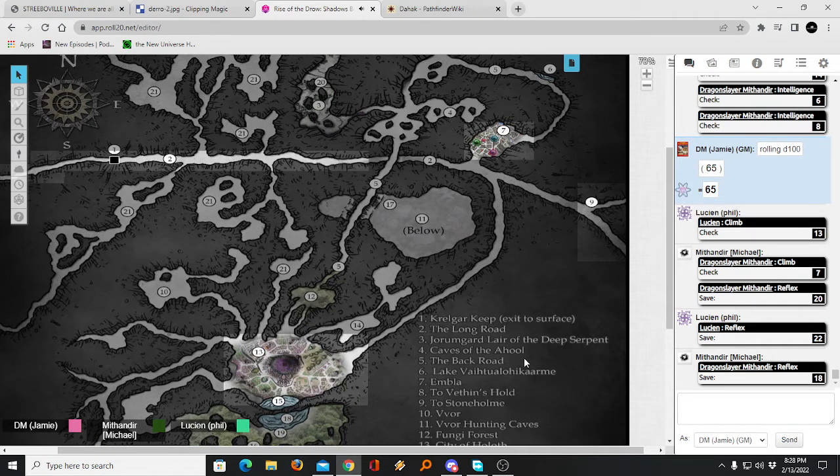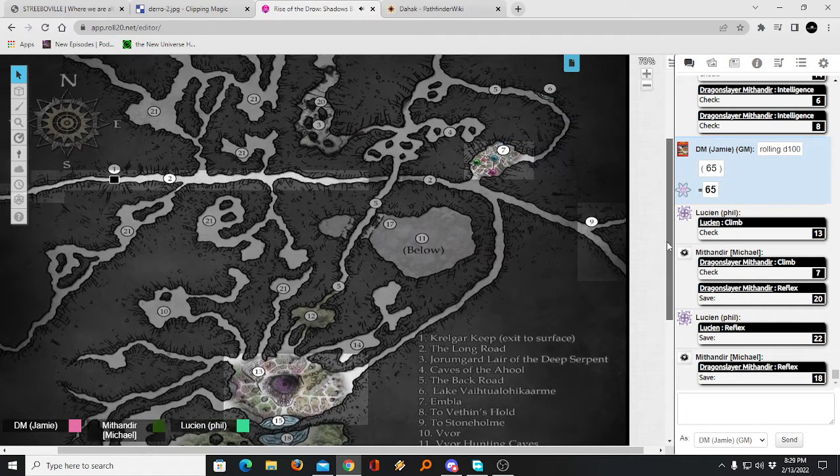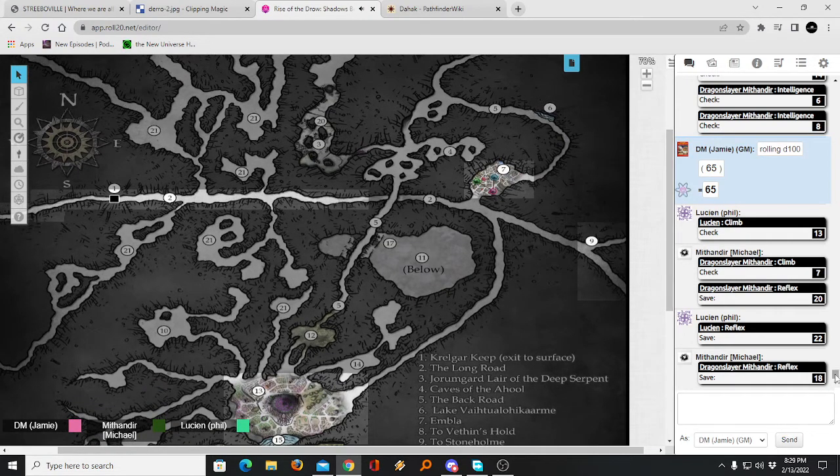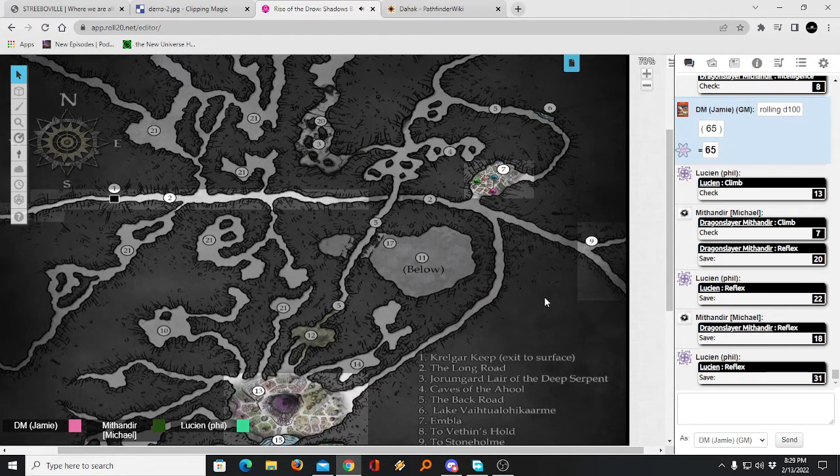Okay, 18. Mythandir, you save, so you avoid the damage. And Lucien, you got your reflex save. Okay, very good. So you're both nimble enough that you're able to just slide along with the rocks and come out relatively unscathed, but you come to a rest in a very small, cramped tunnel, and you realize you're